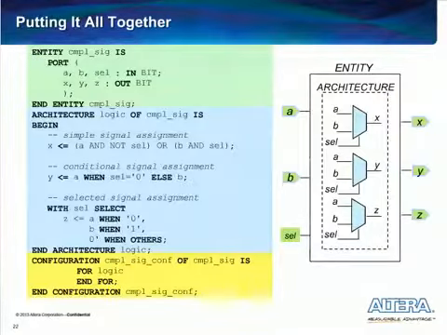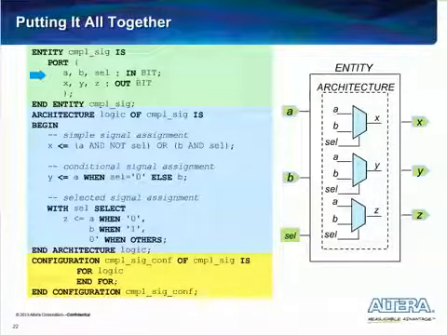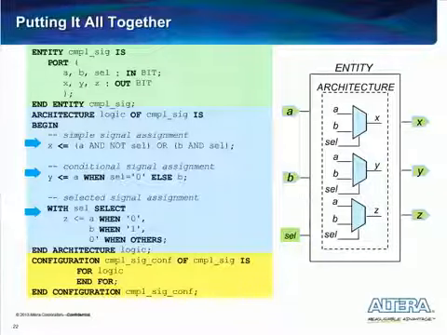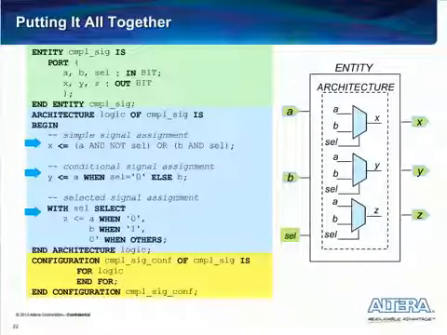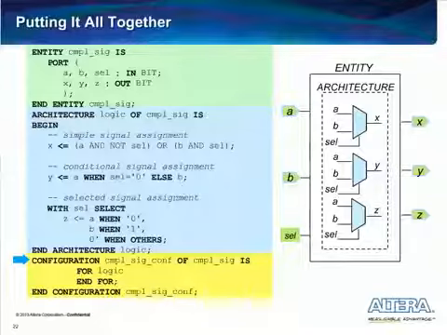Here you can see an entity, an architecture, and a configuration all working together. The entity defines the ports. In this example, A, B, and SEL are inputs, and X, Y, and Z are outputs. The architecture defines three muxes. You can see that the three muxes are encoded using three different styles: a simple signal assignment, a conditional signal assignment, and a selected signal assignment. We will look at these assignments in detail later in the presentation. Finally, the configuration ties the architecture and entity together. Once again, configurations are typically